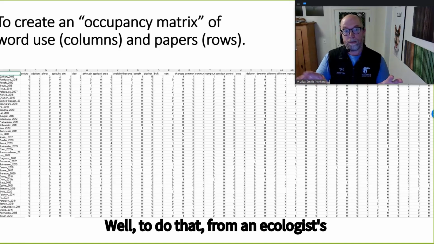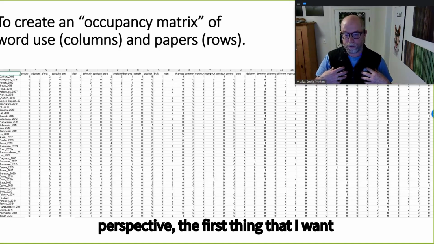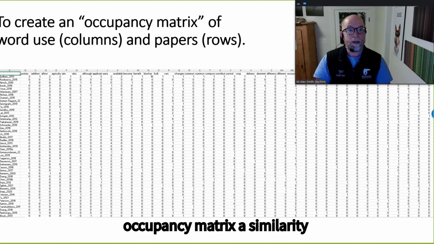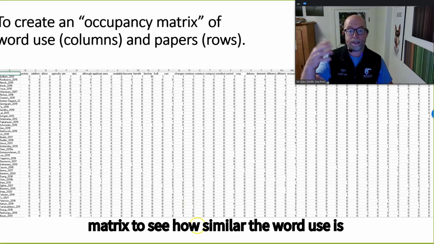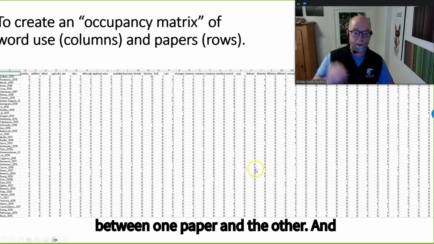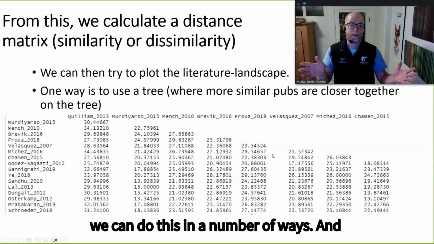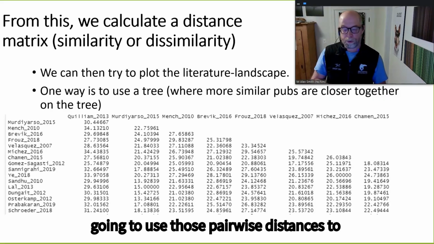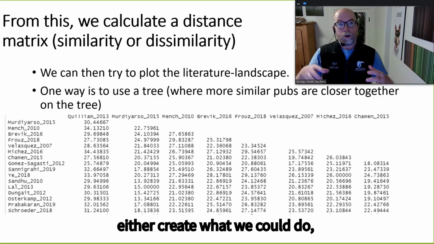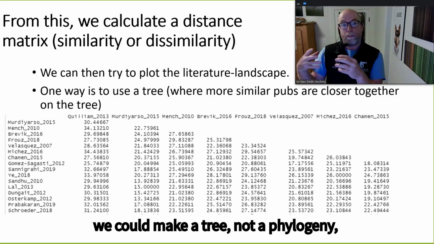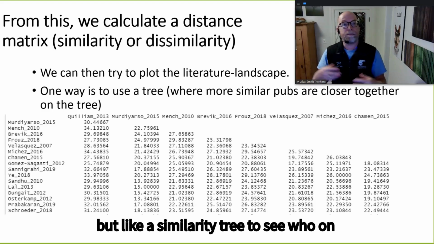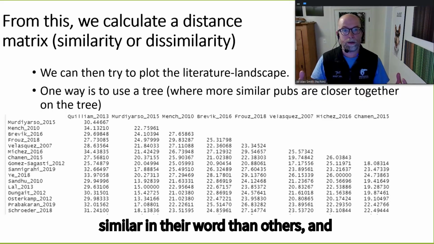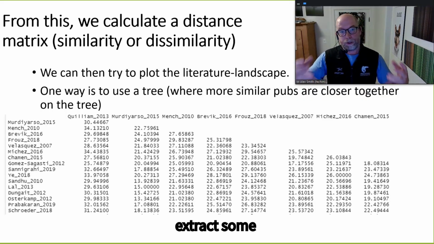Well, to do that, from an ecologist's perspective, the first thing I want to do is create, from this kind of occupancy matrix, a similarity matrix to see how similar the word use is between one paper and the other. We can do this in a number of ways. We're essentially going to use those pairwise distances to make a tree, not a phylogeny, but a similarity tree, to see which publications are more similar in their word use than others, and extract some groups